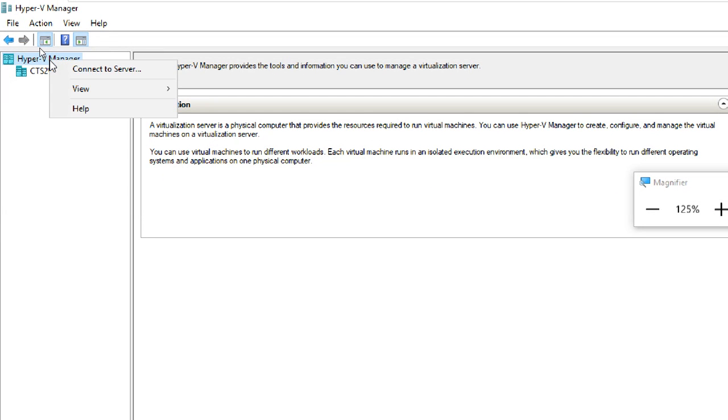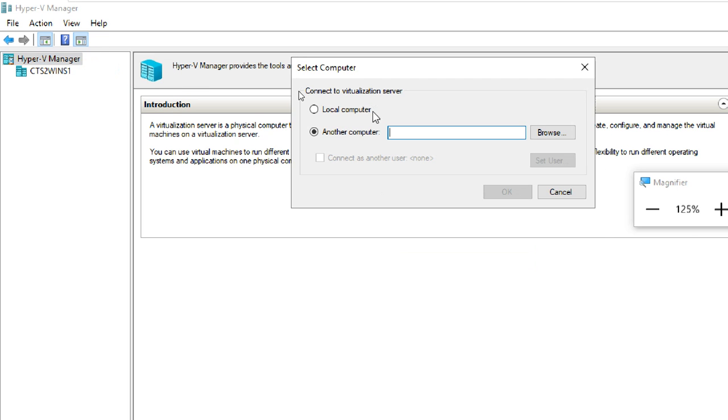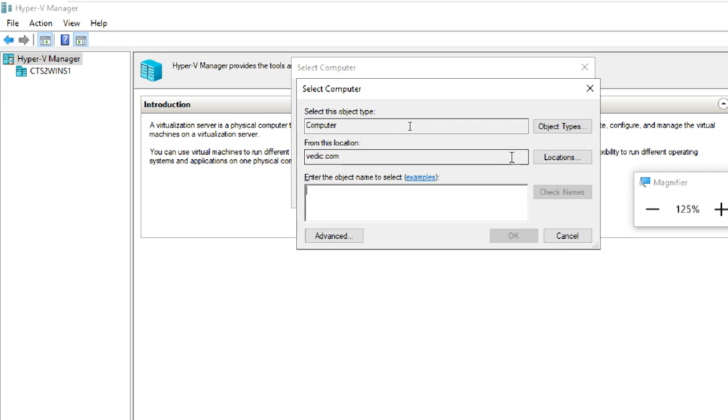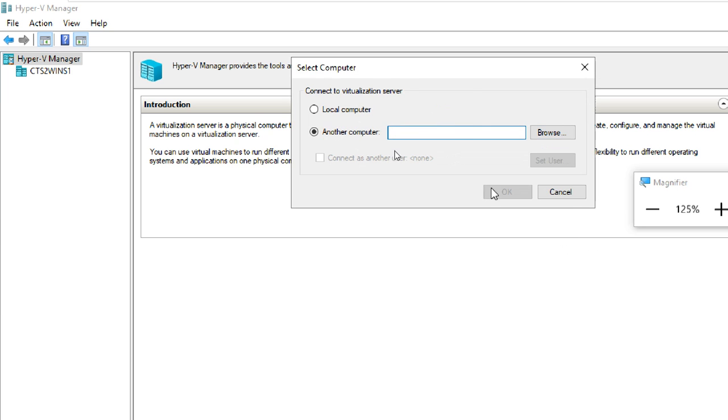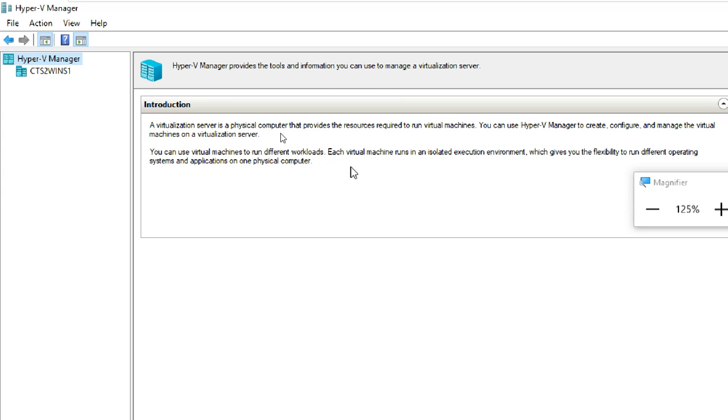Even this is Server Manager. If I right click on Server Manager, you can see Connect to Server. If I have different servers in my network, I can connect to one by browsing, or by typing the name and clicking OK. But to make a communication, we should be in a domain environment. Why? Active Directory authentication makes it easy to authenticate each and every server, so they can easily trust each other.